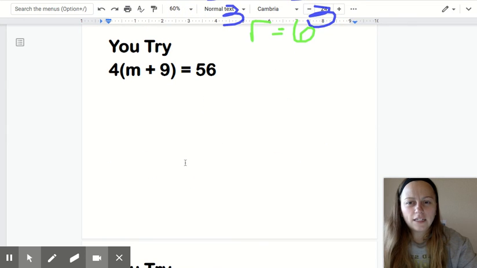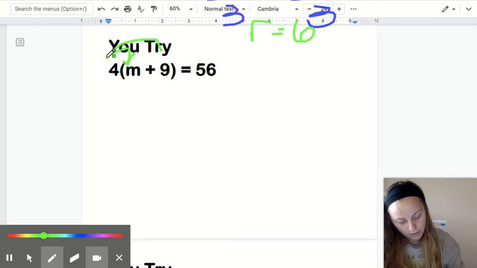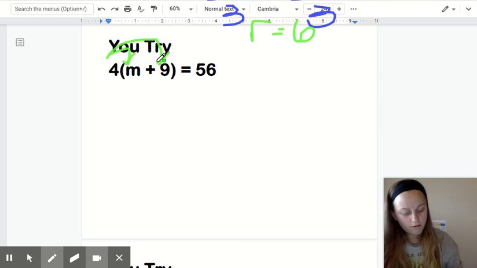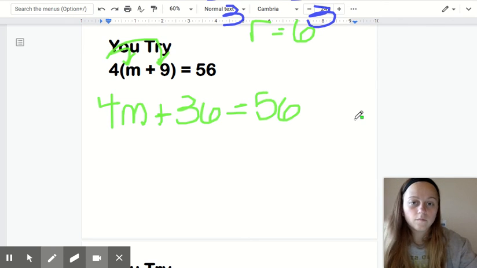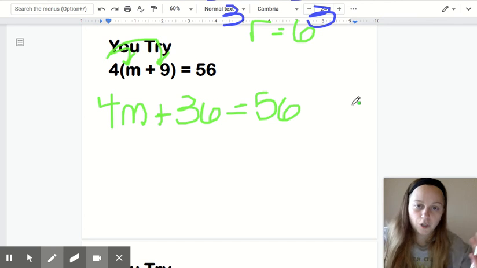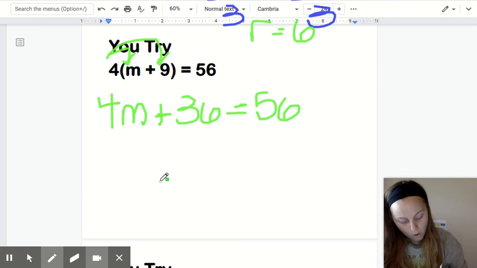Let's go ahead and look at a different type of problem. Now there's 2 ways to solve this. You could apply the distributive property and get a new equation, 4m plus 36 equals 56. That works. Subtract 36 from both sides, divide by 4. Awesome. Or,